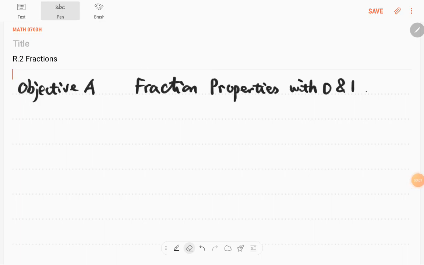All right, let's move on to the second section, fractions. Let's check the first objective: fraction properties with 0 and 1. But before we start this topic, let's just review